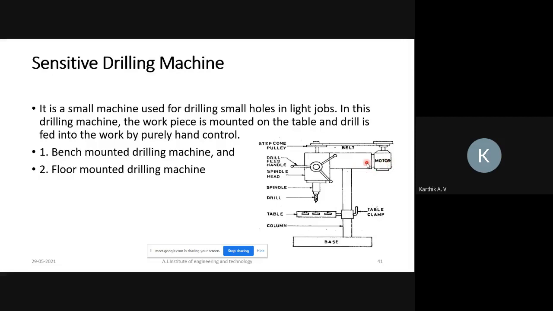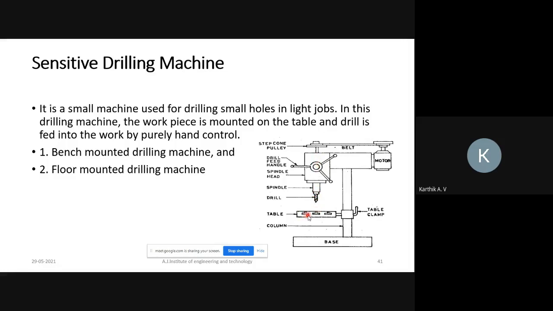The motor rotates, and a belt drive transfers power from the motor to the spindle. Based on the motor speed, the spindle also rotates, and you can increase or decrease the speed with the help of this belt drive. Then a particular drill bit is fixed to the spindle, and you can move the spindle upward as well as downward with the help of this hand wheel.